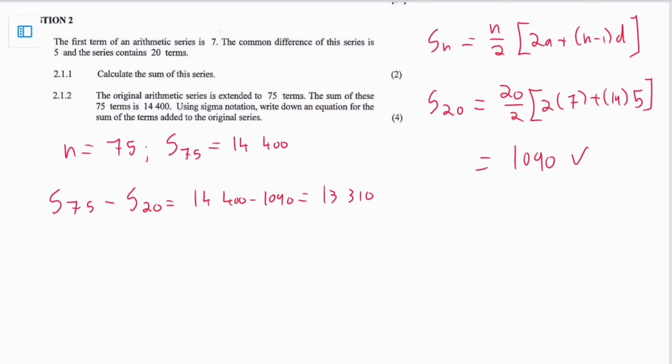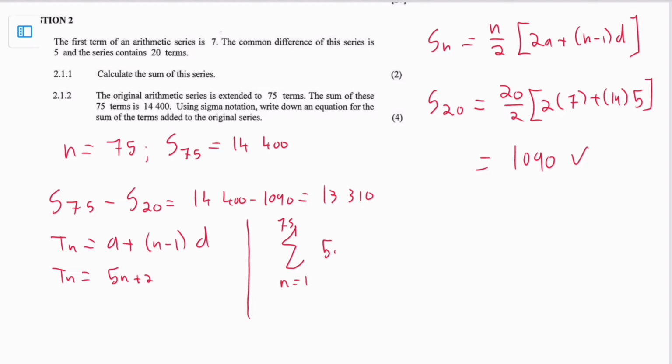And so now, how do we go about putting this in sigma notation? Well, we need the general rule or the general term of the sequence. The general formula for that is a plus n minus 1 times d. And in this instance, if you plug in your a value and your d value, it gives you 5n plus 2. And so when we want to do this in sigma notation, we're just going to say that n equals 1 to 75 of 5n plus 2